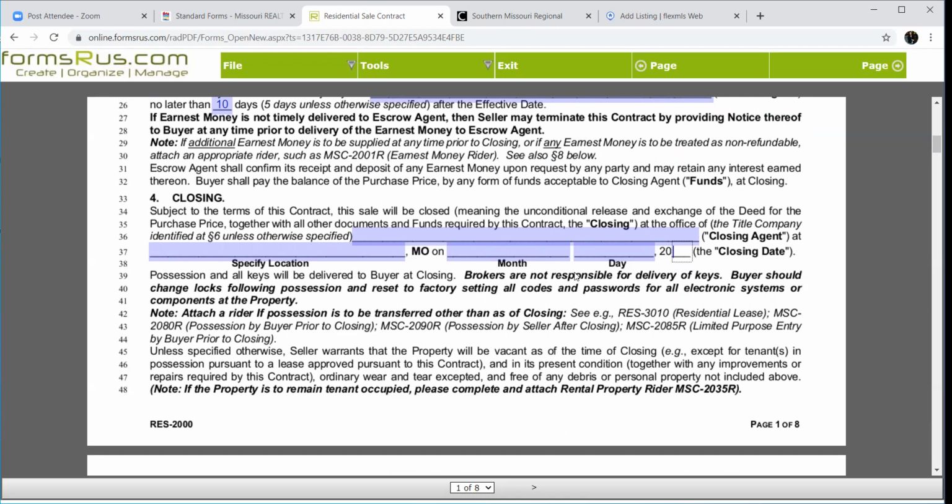Possession of keys will be delivered to buyer at closing. We are not responsible for keys. Buyers should change the locks. I have a really strong conversation with my buyers whenever they purchase a property, because just because I've been given a Ziploc bag of door openers and keys doesn't mean that's all of them. We don't know if the babysitter still has a key. We don't know if the gardener might still have a key. We don't know if crazy cousin Eddie might still have a key. So get your locks changed. And to me, a great closing gift is to call Mike, the rekey guy, and have their house rekeyed for them.